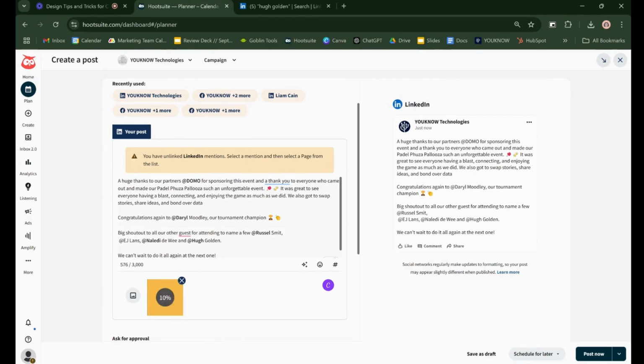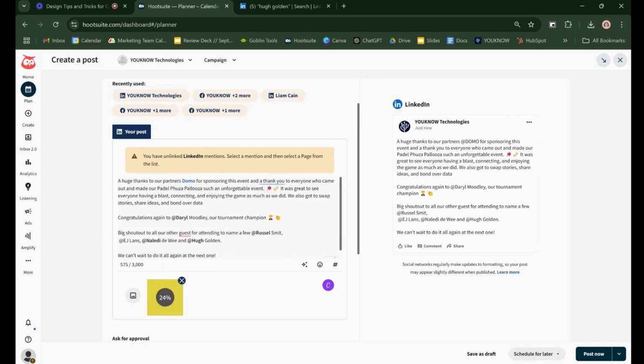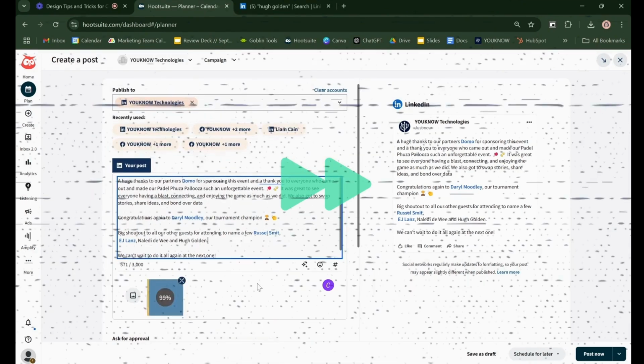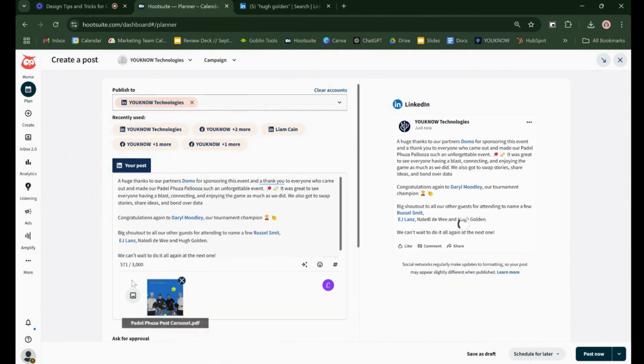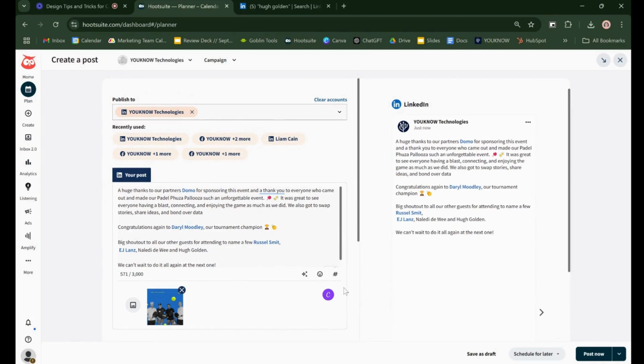So what is this issue? It says you have unlinked LinkedIn mentions. What that means is that we have all of these ads, but they're not linked to any accounts specifically. So I'm going to go in here and I'm going to find all of the right accounts. Once my content has been uploaded and my copy's been uploaded and I've linked all my mentions, all that's left